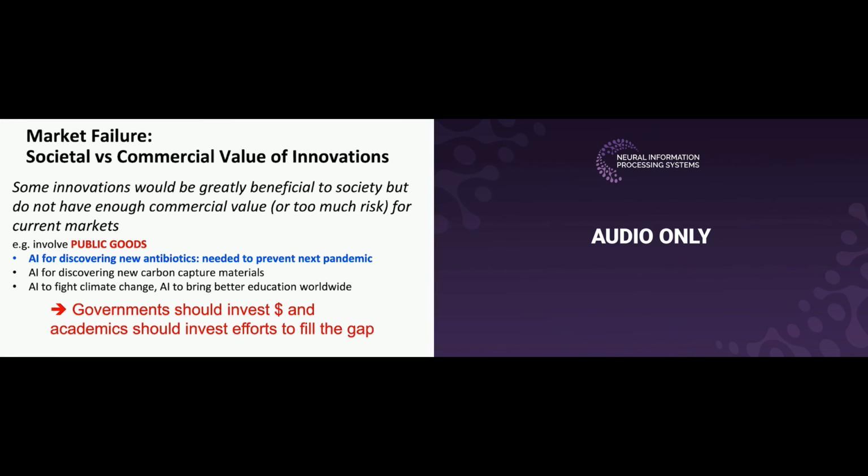And it's important for us, our community, to work on these things because often there's a market failure. In other words, what is highly valuable from the point of view of society, like finding ways to capture carbon or other ways of fighting climate change or discovering new drugs to prevent the future pandemics, may not be so valuable from a commercial standpoint. And so the needed research and development is not necessarily happening. So governments should invest money in these applications, these beneficial applications of AI, and academics should invest their time to fill that gap between the societal and the commercial value of innovations, the gap that industry is leaving for us